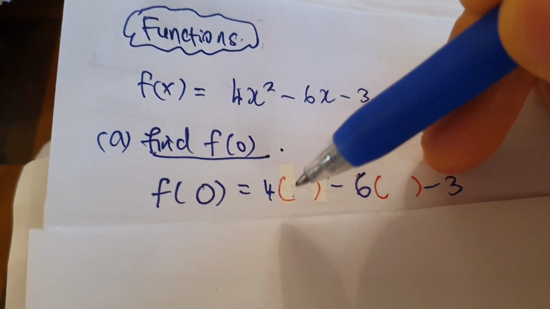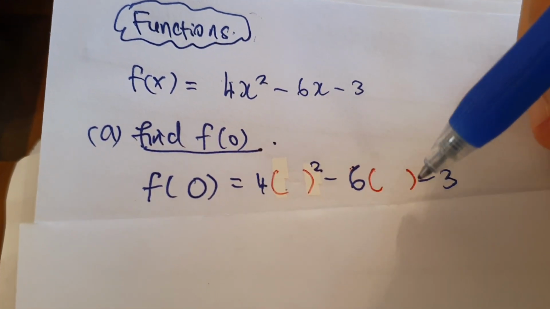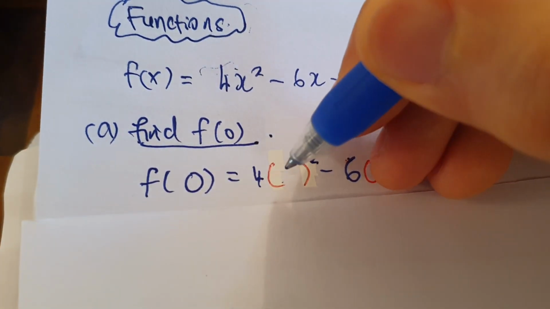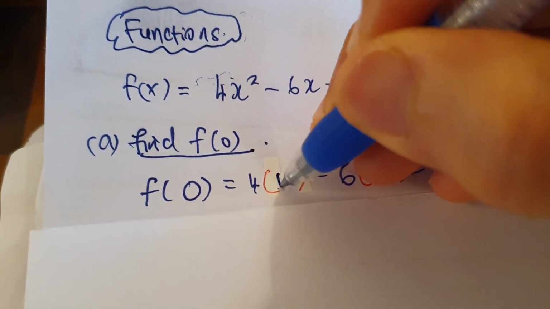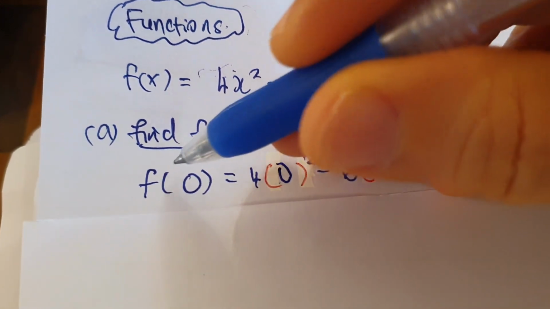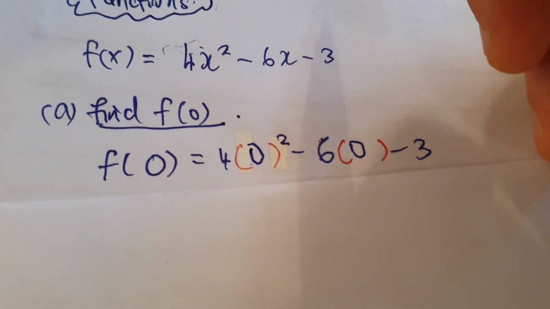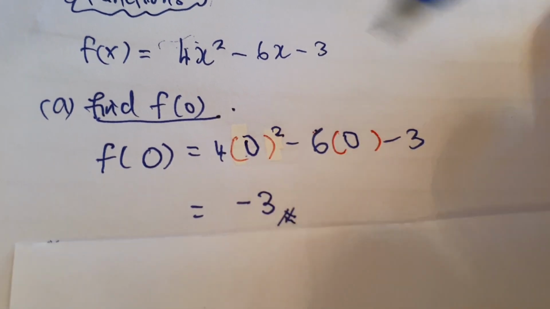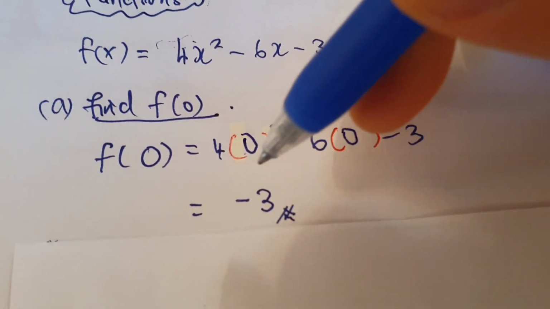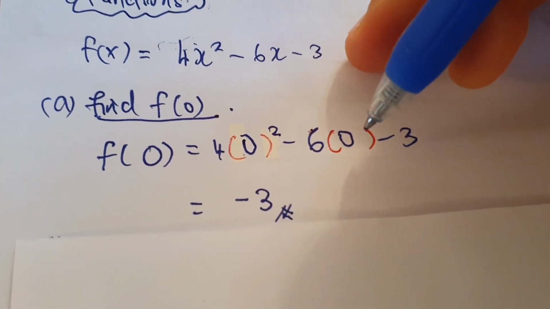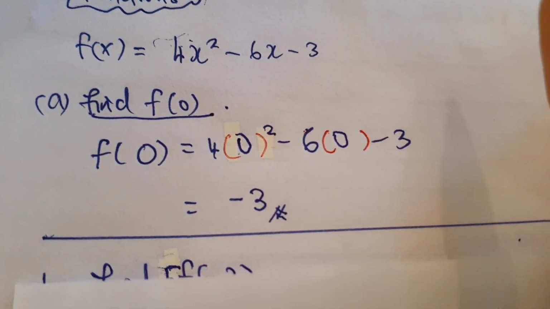You replace it with brackets. That's very important. You see I put it in red. And then you change the x to the number 0. Whatever number you see in the brackets on the left, you just change it to that number. Okay? And then you can just press the calculator. If you don't know that the answer is −3, you can just press the calculator exactly what you see on the paper here, including the brackets, and the calculator will give you the correct